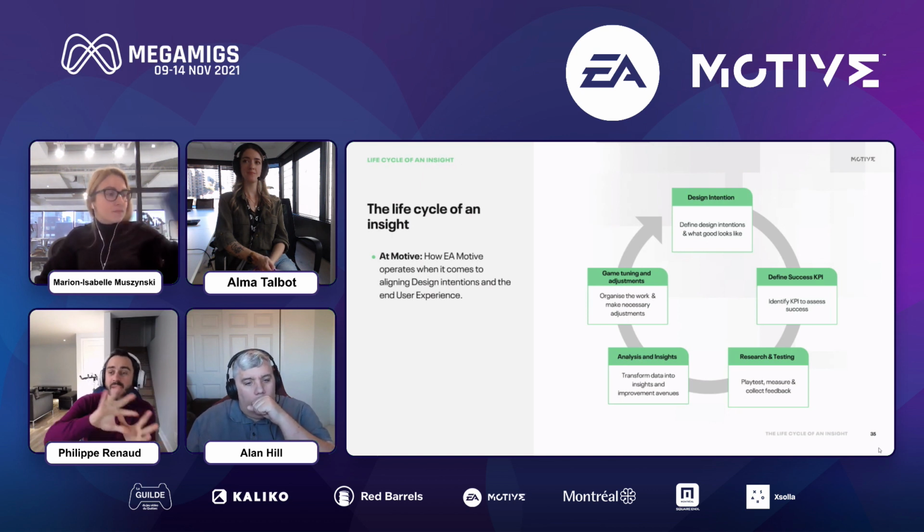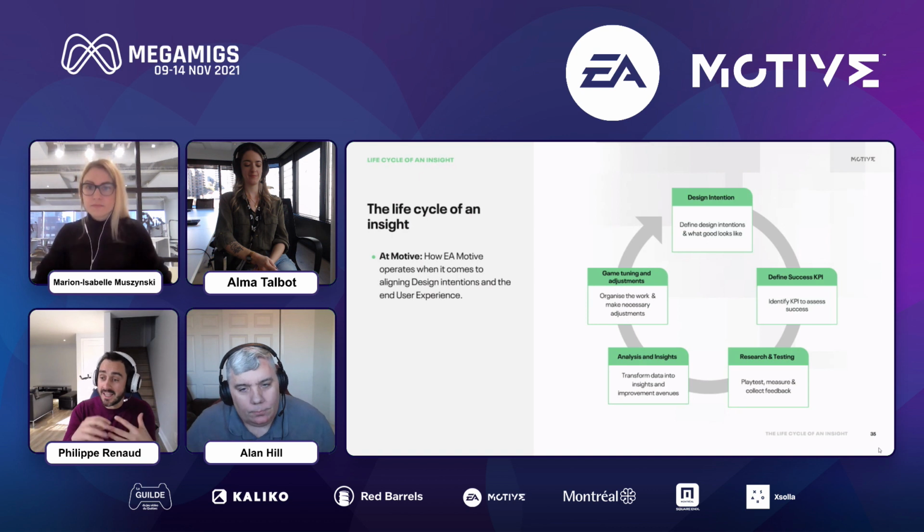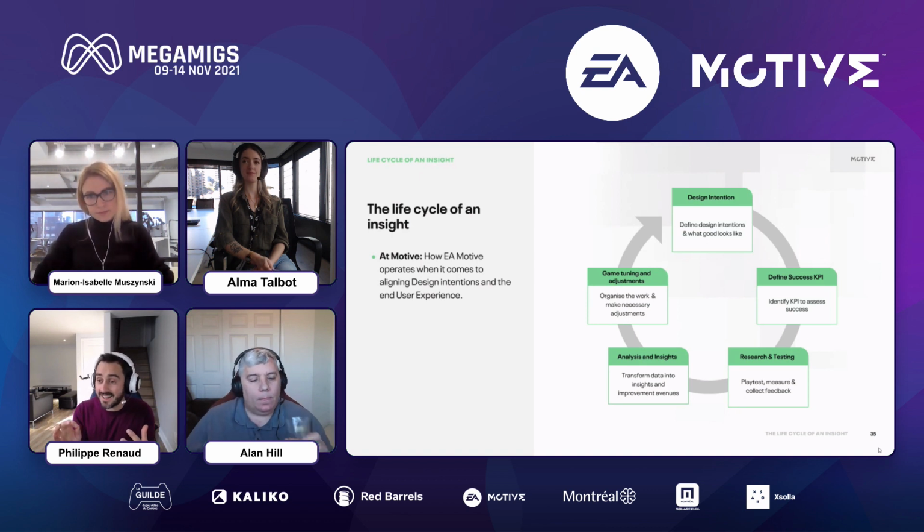And that brings us back to the design intention, reviewing them if necessary, and then the wheel starts and spins again. It needs to spin, from our perspective, on as many game features and game components as possible. It's not about saying research, check, done. It's about tweaking, and it's about revisiting that loop as often as it needs to be revisited.